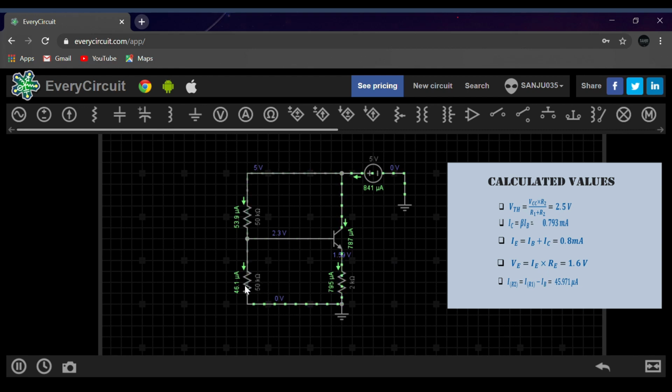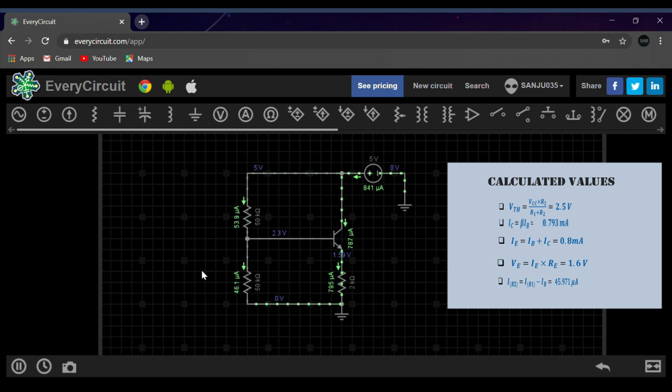The current across R2 in the simulation is given as 46.1 microampere, and we have calculated it as 45.971 microampere, and both are the same values. Hence we have proved that our calculated DC values and the circuit values are both similar and we are going in the right way.